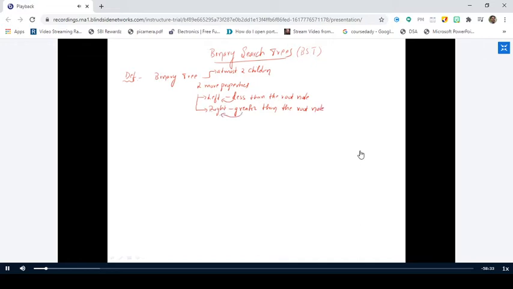So these are the two important properties that a binary search tree has to satisfy, in addition to the binary tree property. So the definition of the binary search tree is it is a binary tree with two more properties, where the two properties say that all the elements that are less than the root node will be placed as the left subtree, and all the elements that are greater than the root node are placed as the right subtree. So if these properties are satisfied, that means every node will have at most two children.